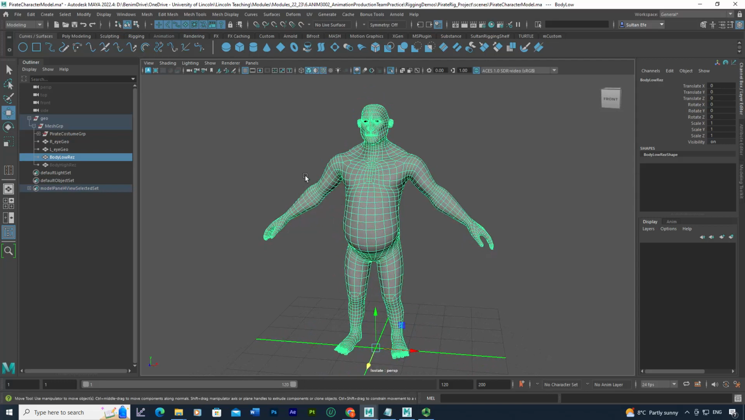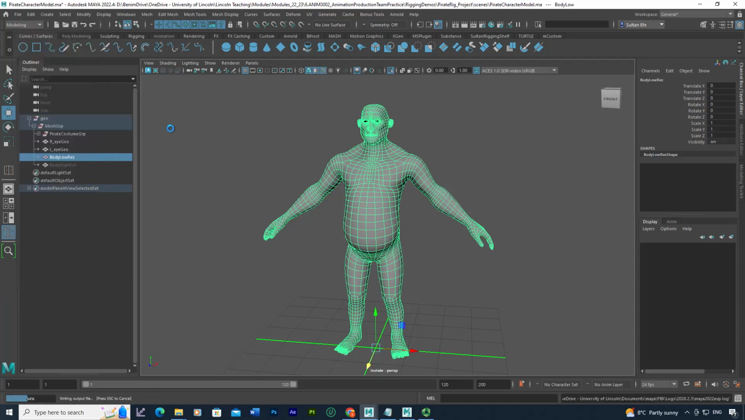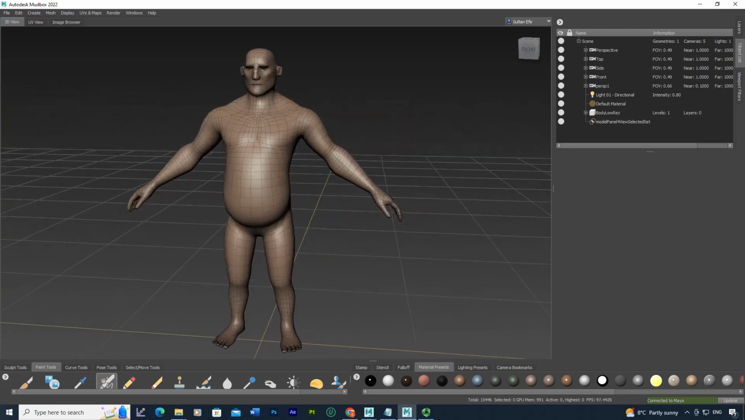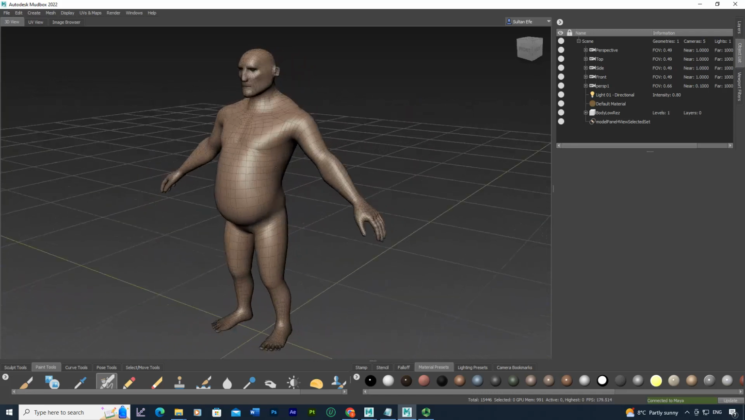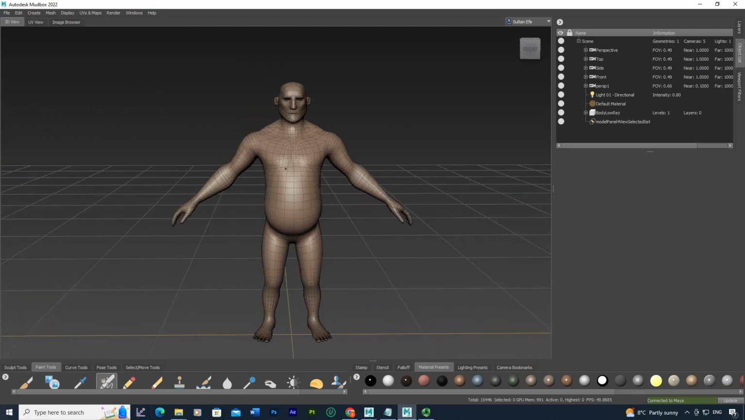The other thing you can do, you can verify it by going to send the mesh to Mudbox, and Mudbox will give you some errors, if there are any. In my case, I don't see any errors. If you get errors to do with the